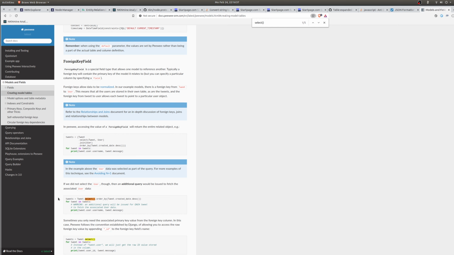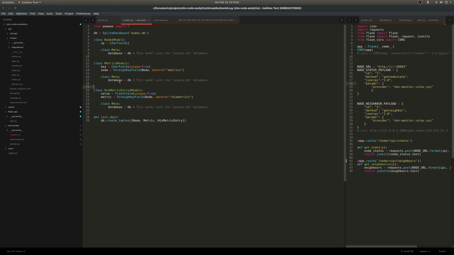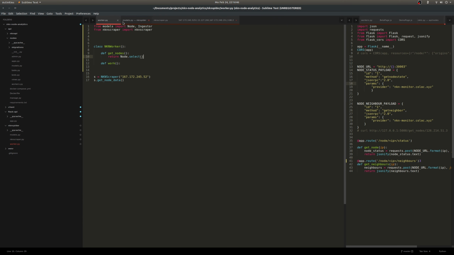Yeah, this is what I'm looking for. Yep. I then don't even need that. So for node in node.select,